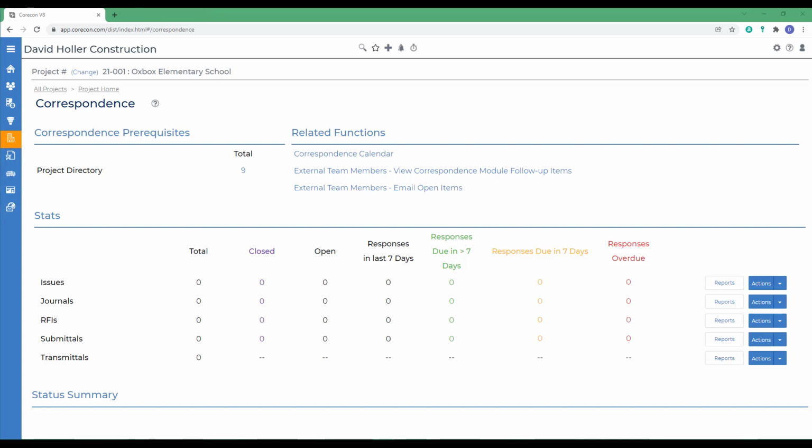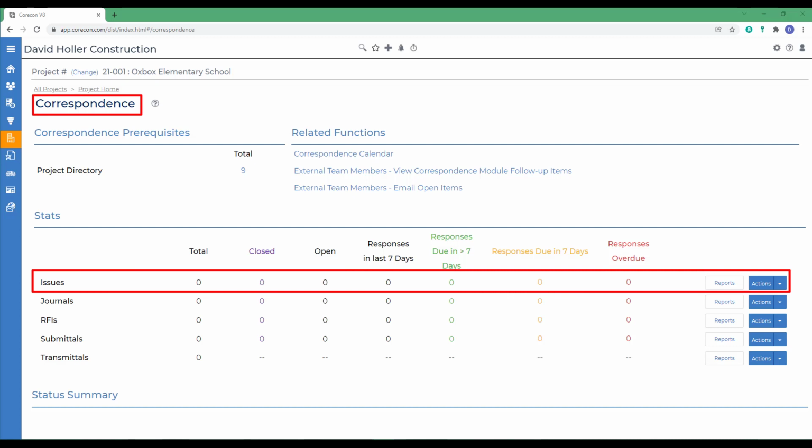The first feature in Corecon's Correspondence module is issues. No matter how smoothly a job may be running, when issues come up, proper documentation and correspondence is key to minimizing risks and managing effectively. Some project issues will be minor in nature and are resolved quickly, but others may be critical and lead to